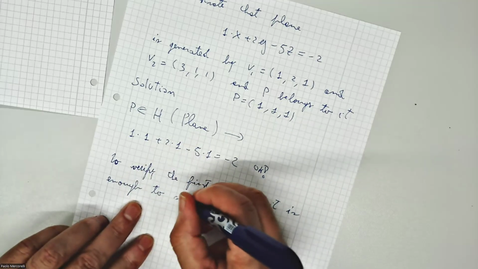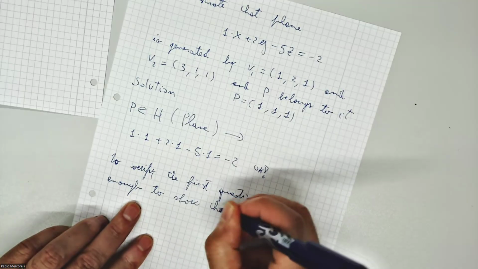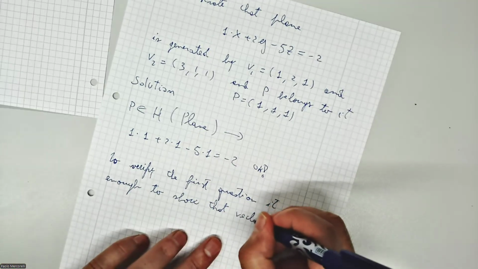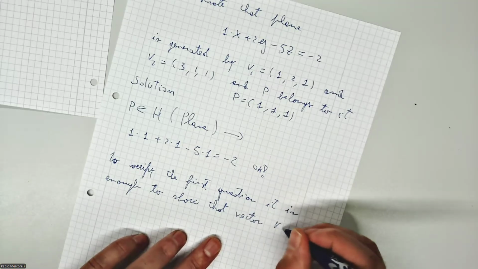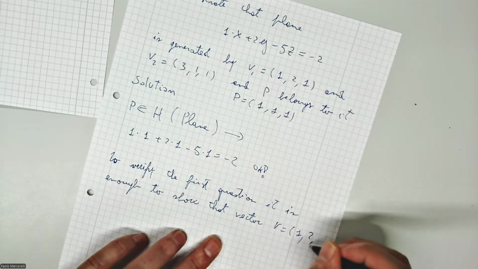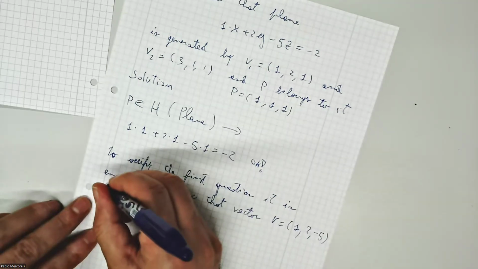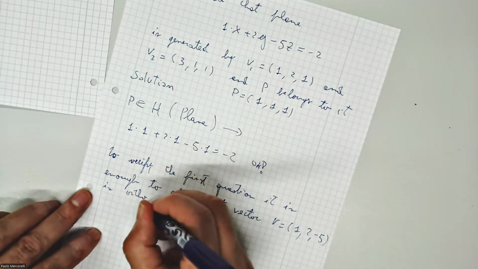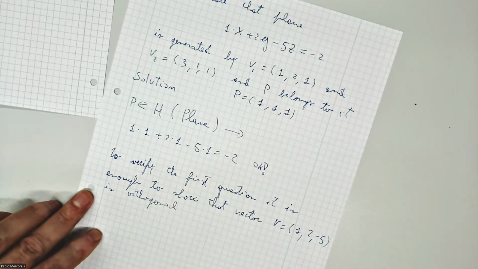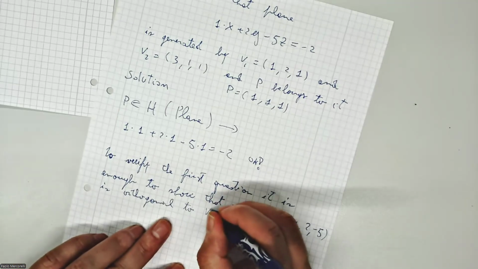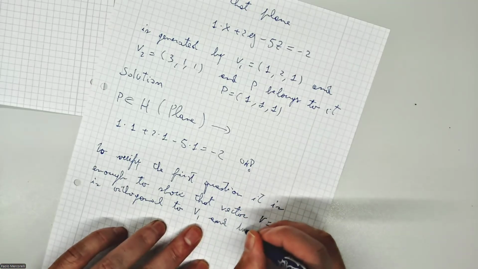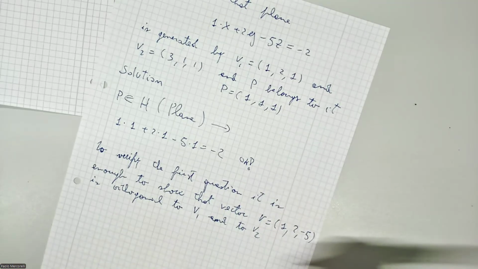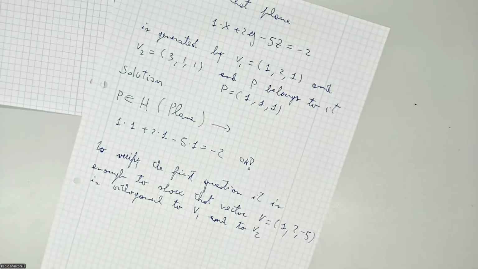It is enough to show that the vector v equals 1, 2, minus 5 is orthogonal to v1 and to v2, but to be really precise,